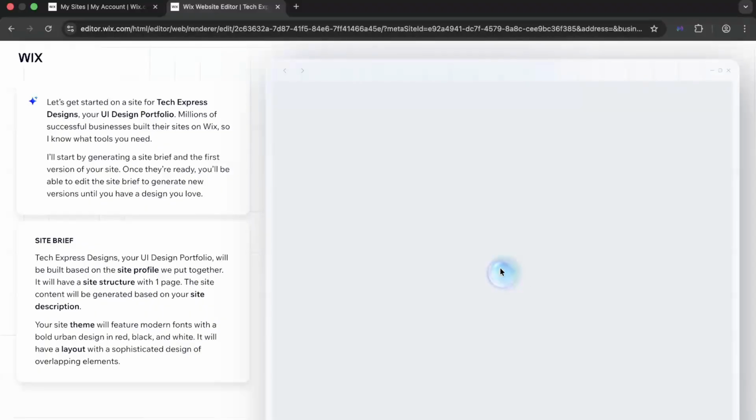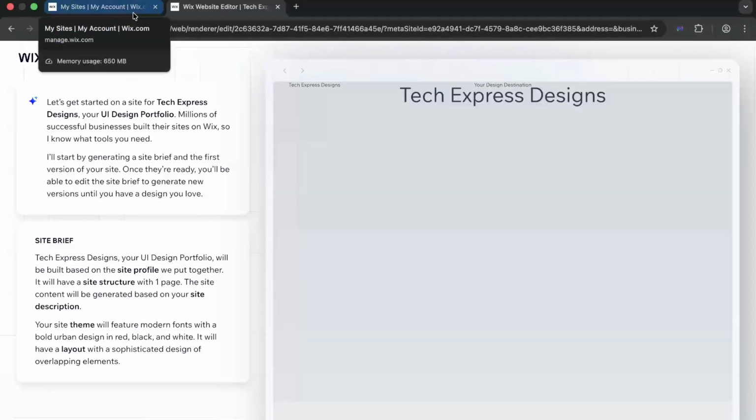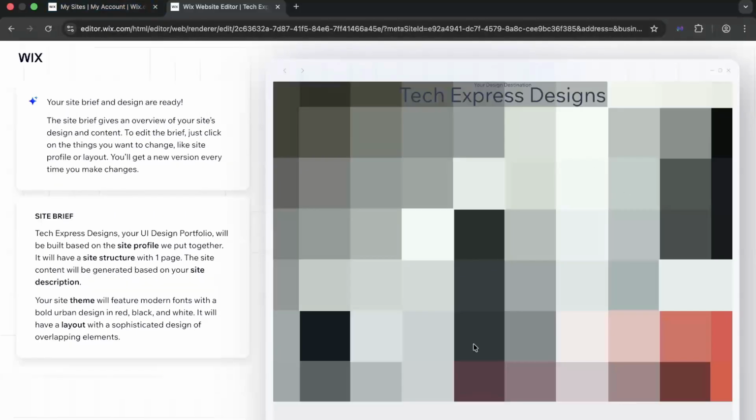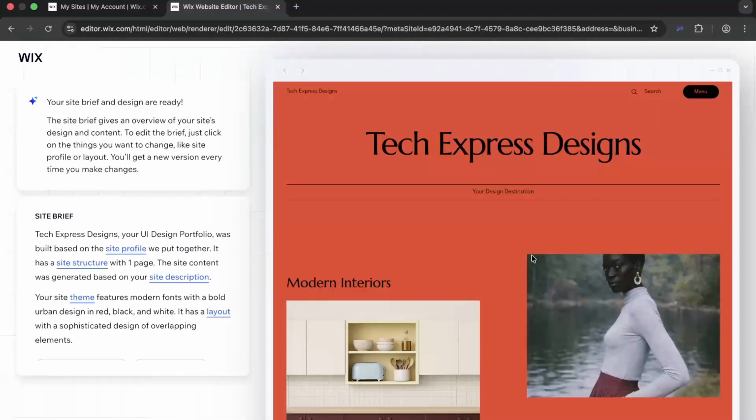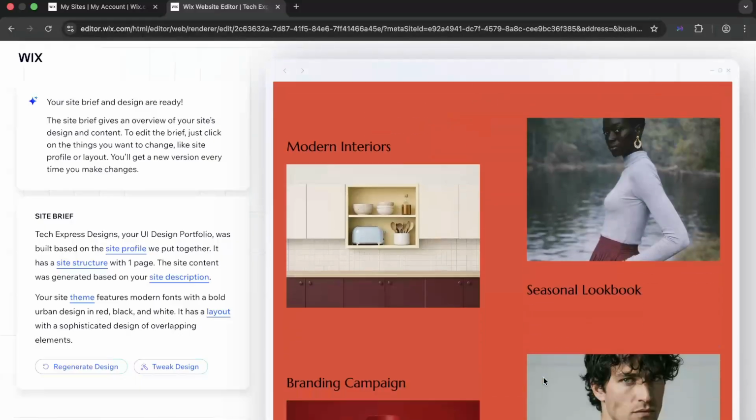So basically what I wanted to do are two things. The first thing, this is totally up to you, is to design your actual website. So I'm going to design it with artificial intelligence to make this process a little bit much more faster. And you can see that here is the generation of my website based into all the answers that I tell them. And in my case, since I am a UI designer, it will be showing me, let's say, some kind